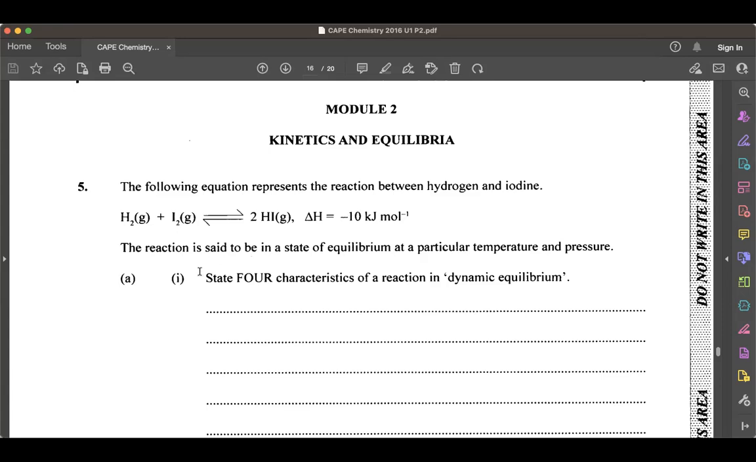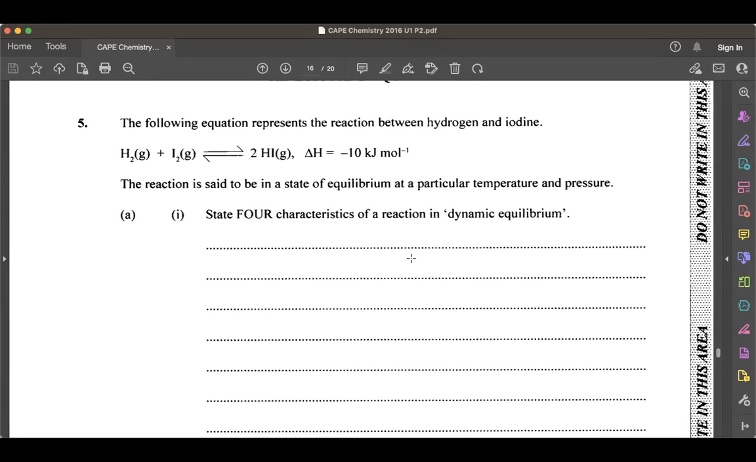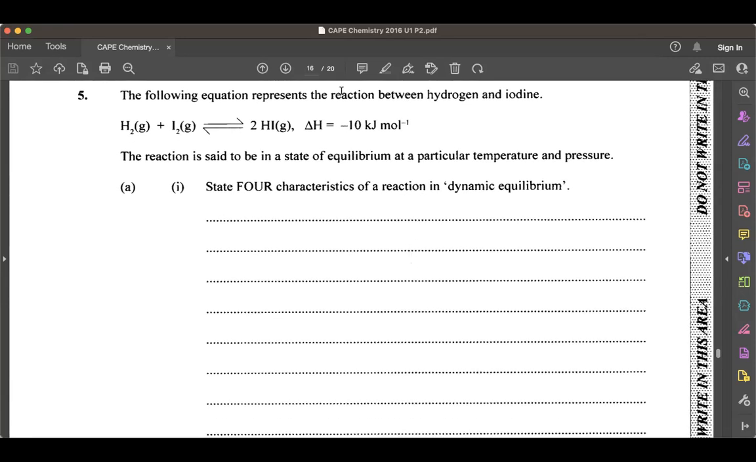Okay, so the next part of the question is saying the reaction is said to be in a state of equilibrium at a particular temperature and pressure. So now they want us to state 4 characteristics of a reaction that is in dynamic equilibrium. So we're just going to outline some characteristics of a reaction that's in dynamic equilibrium. And the first one that we're going to say is that when a reaction is in dynamic equilibrium,